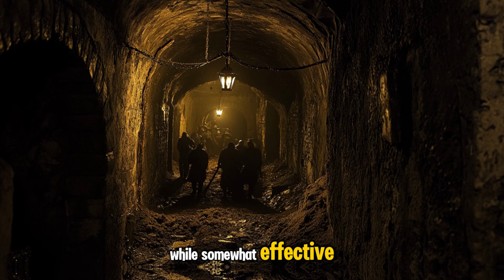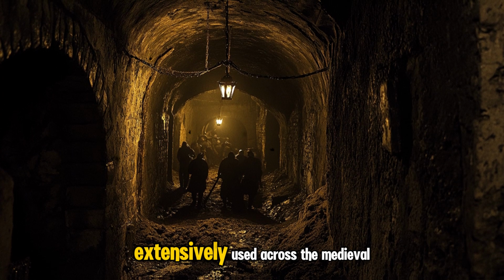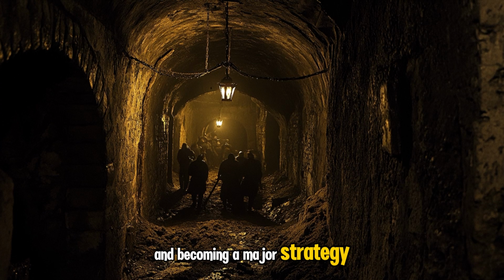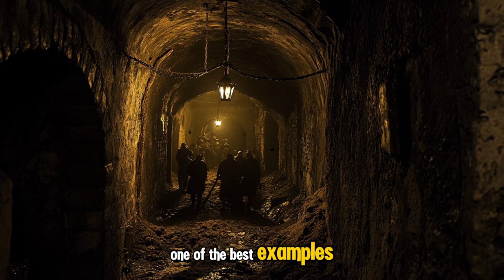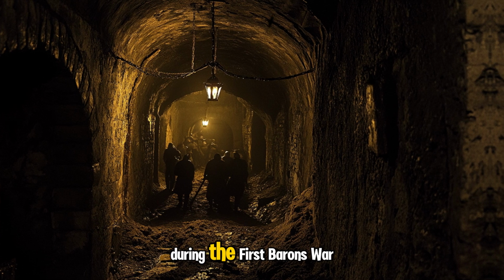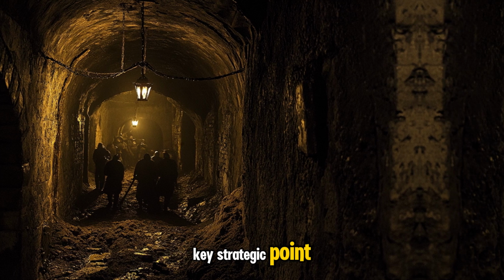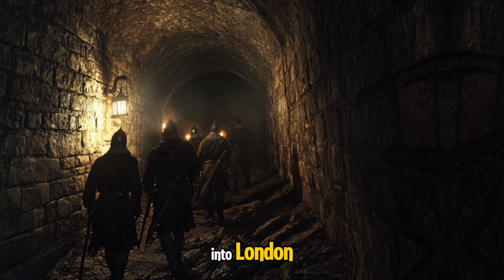While somewhat effective, sapping really didn't hit its stride until later, extensively used across the medieval period and becoming a major strategy in the attack of city walls and castles. One of the best examples of sapping was at the 1215 siege of Rochester Castle during the First Barons' War. The castle was at a key strategic point, controlling entry points from Dover and Canterbury into London, and